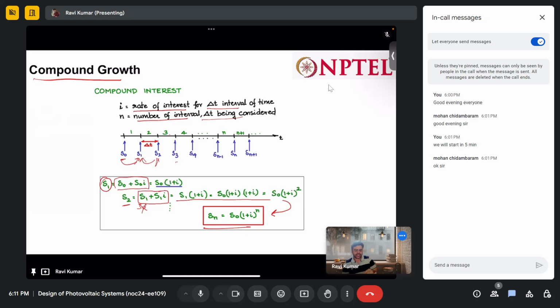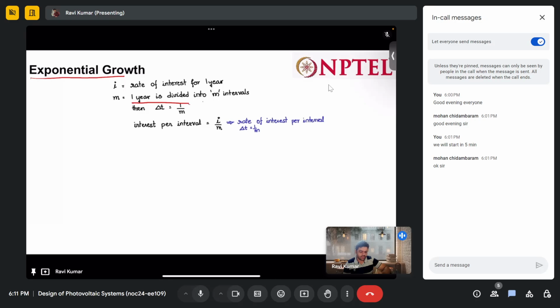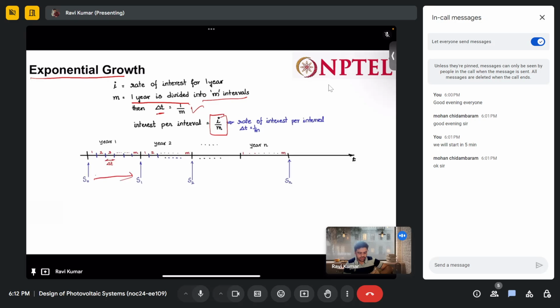Now third, we have the exponential growth model. In this particular exponential growth model, we divide intervals into smaller intervals. Let's say first 1 year is divided into m different intervals. So delta t will be 1 by m, and the interest is also divided, so it will become I by m. Same thing, this particular year we have divided into m small intervals,